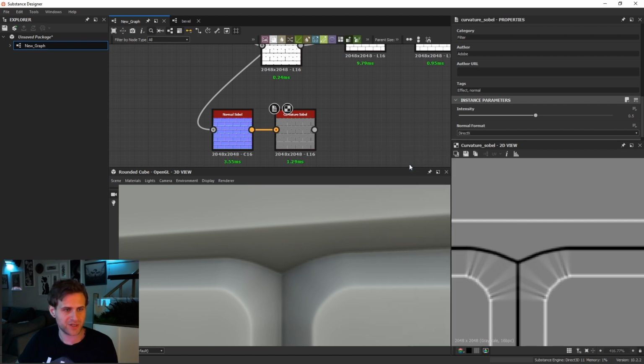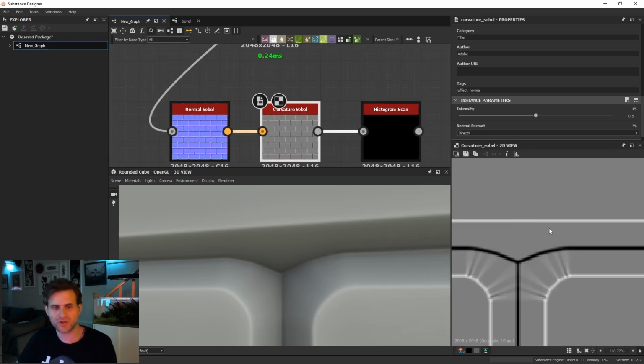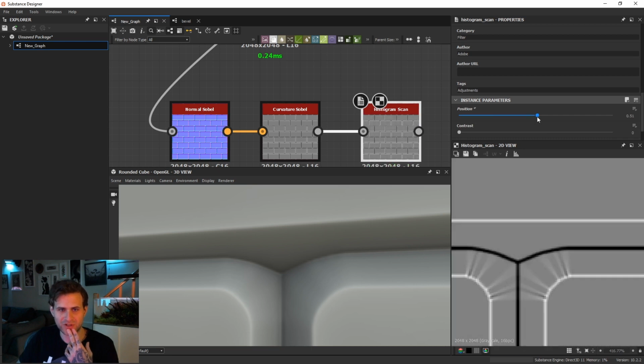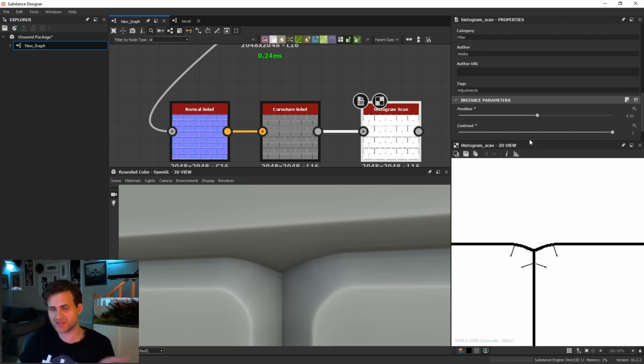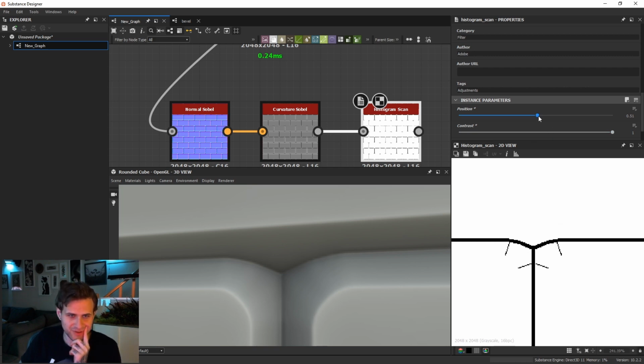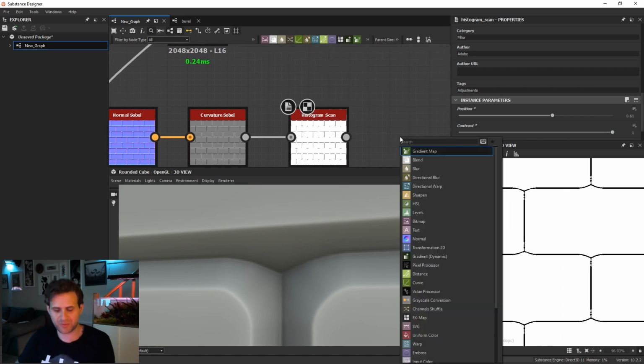I can go to histogram scan. And because the curvature is middle gray is neither convex or concave, black is concave, white is convex, I know if I just put this to 0.51, just one more than middle gray, and contrast the full, I'm looking at just the stuff that's under 0.5, 0.49. And I'm still grabbing a little bit of those things, so I'm just going to push it up a bit, like that. And this isn't a bad mask